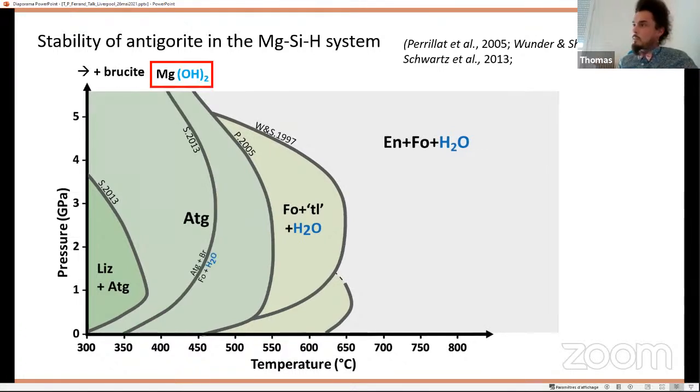Step by step. If you consider a system that is saturated in brucite, which is the magnesium hydroxide, then the destabilization of Antigorite occurs at much lower temperatures, between 450 and 500 degrees. This is not the first complexity that I will add to the system, but let's wait a little bit. When you add on it the pressure and temperature conditions for hypocenters,